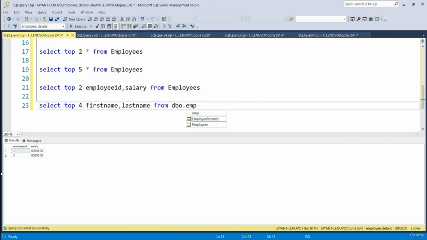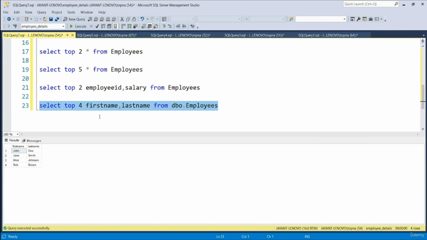You can either write employees or dbo.employees. So along with the schema name we have written, and I'll simply select the statement written in line 23 and I'll execute it. So you can see that only top 4 first name and last name values are being shown in the output. So that's how we can use top n, and that's how we can use comments in SQL